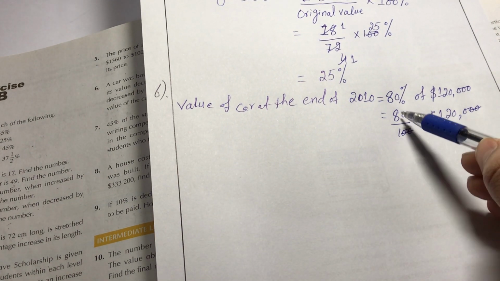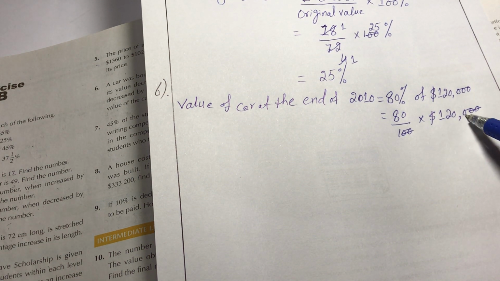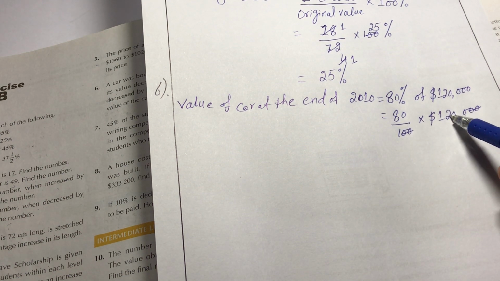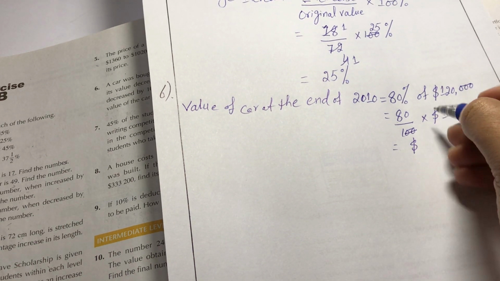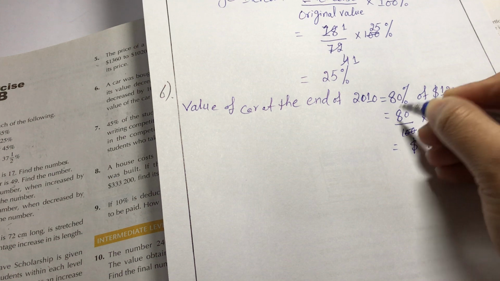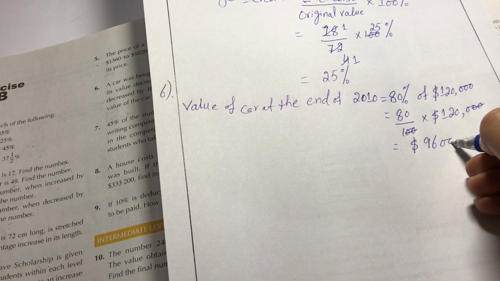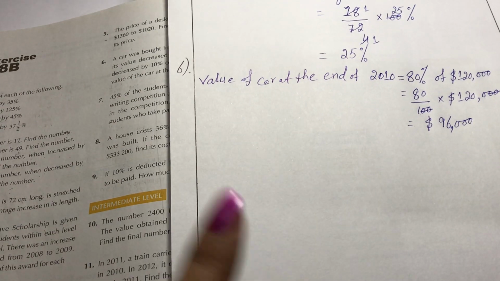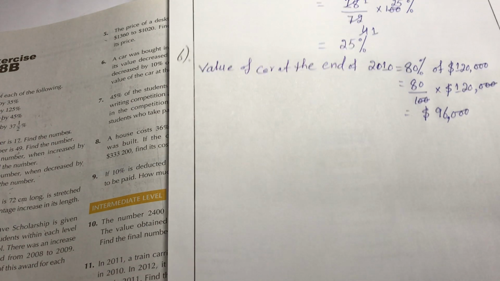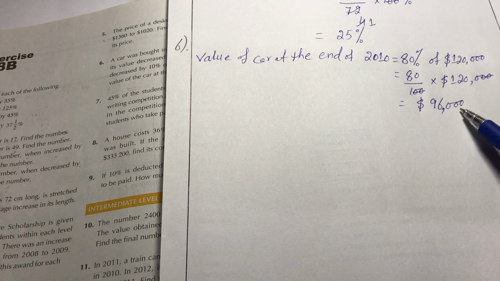And we are left with 80 multiplied by 1200 over 1, it would be 96. 12 8s are 96, and 3 zeros, right? It would be $96,000, right? At the end of 2010, the car's cost is decreased by 20% and now its cost is